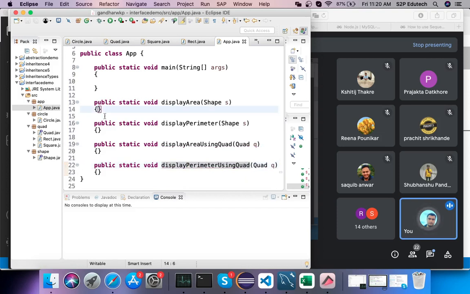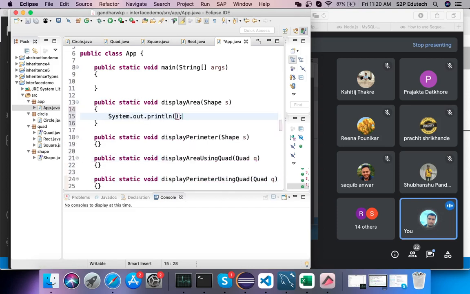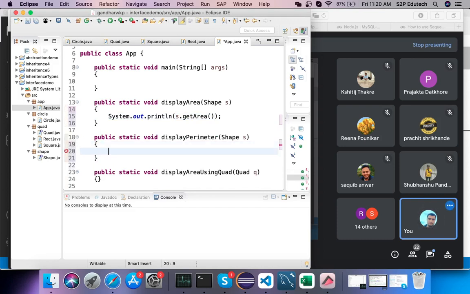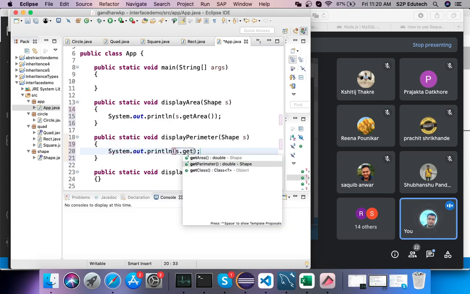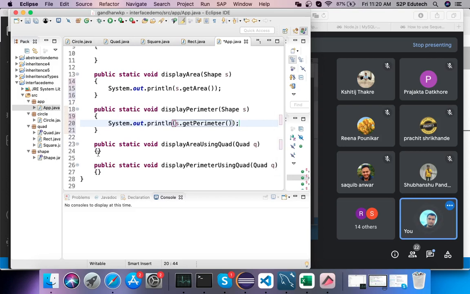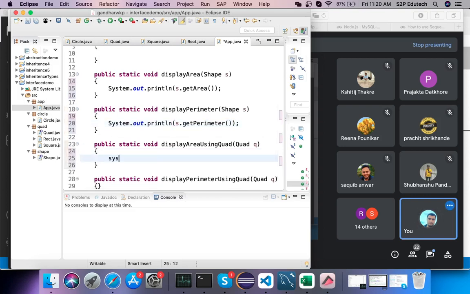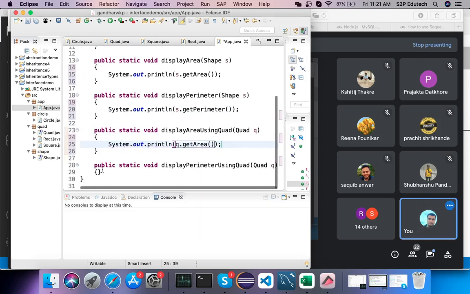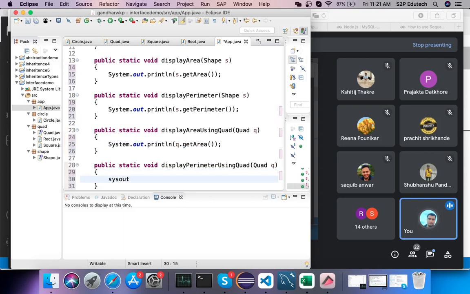Right, now in my display area, what will I do? I'll just say System.out.println(s.getArea()). Here I'll simply say System.out.println(s.getPerimeter()). Right, then in this I would say System.out.println(q.getArea()), and here I'll say System.out.println(q.getPerimeter()). ठीक है. Now important thing to note is कि ये जो दो functions है, one is display area using